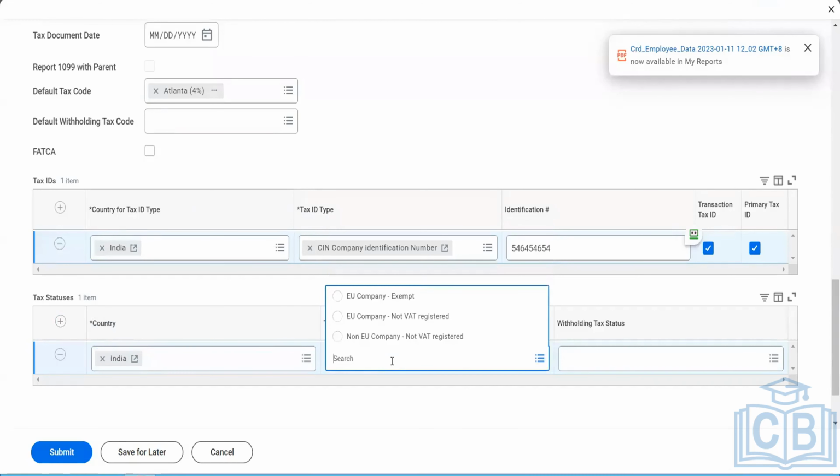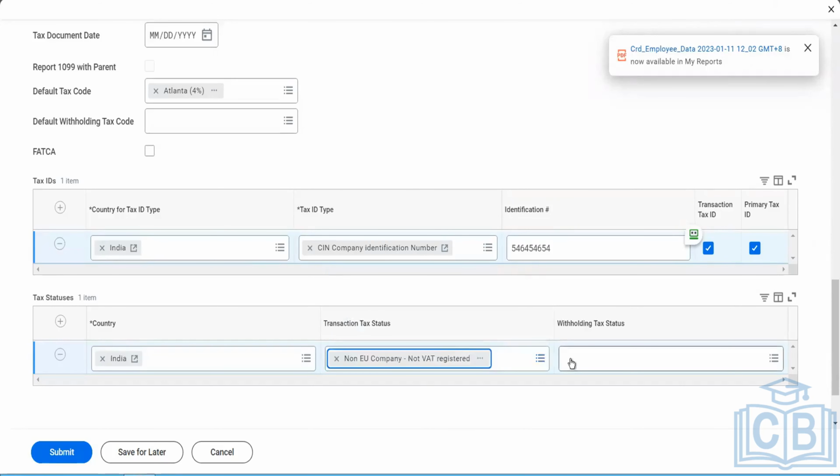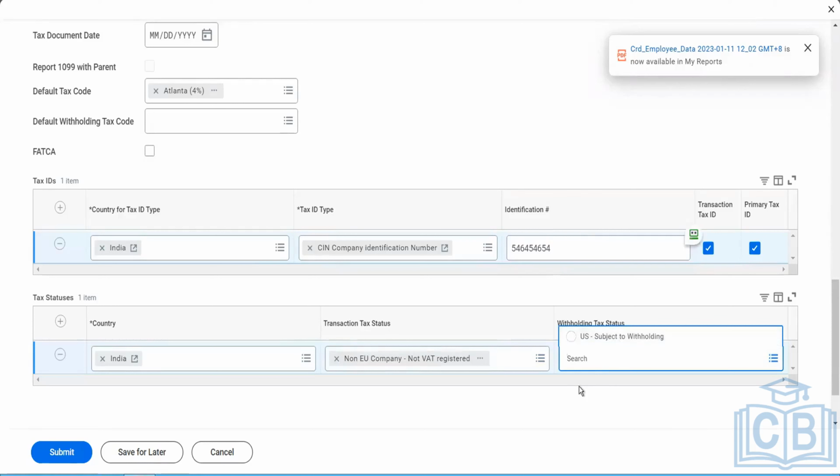What is the transaction tax status? Either your company is not registered, something like this. You can say, what is the withholding tax status? You're subject to withholding. If it's subject to withholding, it means we would collect a tax amount from the